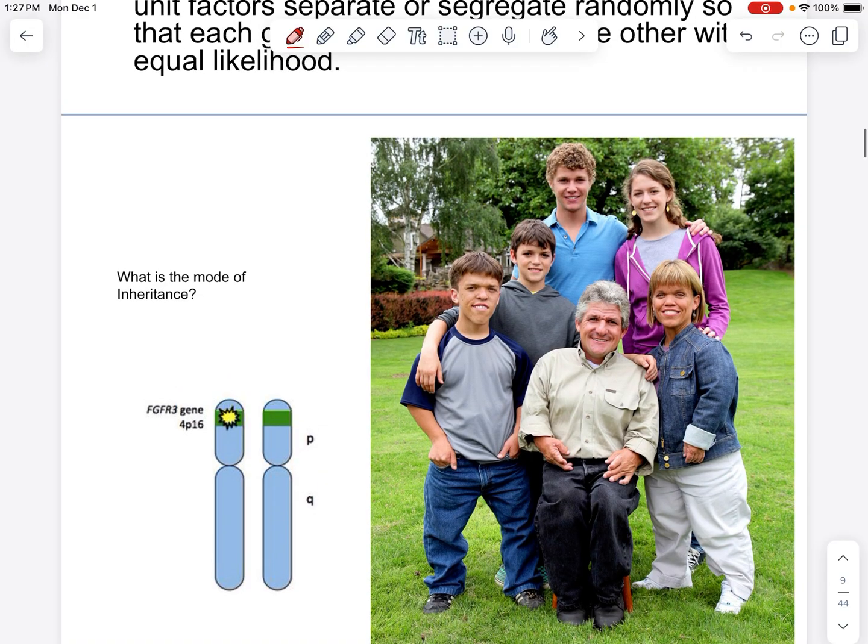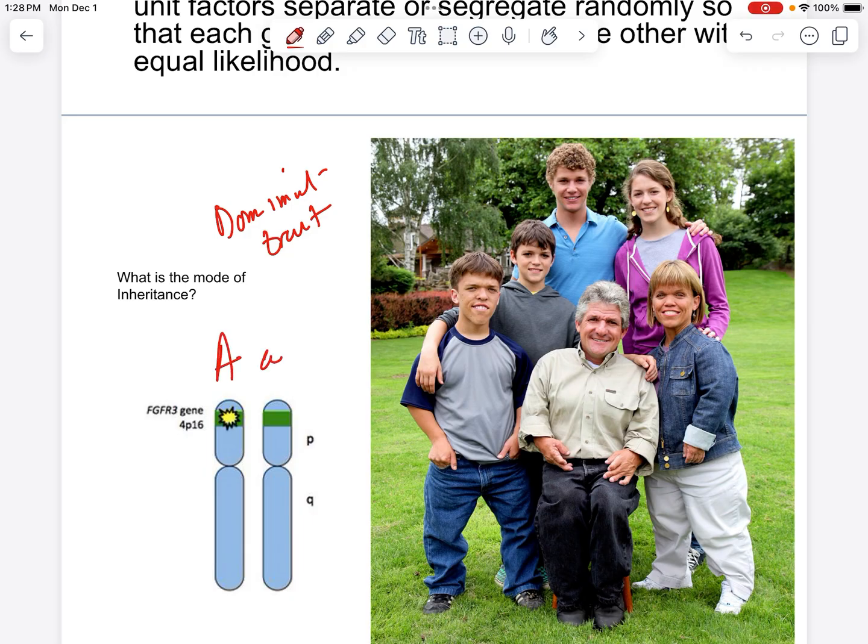So here's a good example of Mendelian genetics. This is the one we've talked about before, in that we have a mutation. Now this is a dominant trait. So if we have this, we're going to go big A, little a. These individuals here are going to be the ones that have that disease. So this male right here, this male right here, and this female, those are the ones that all have that